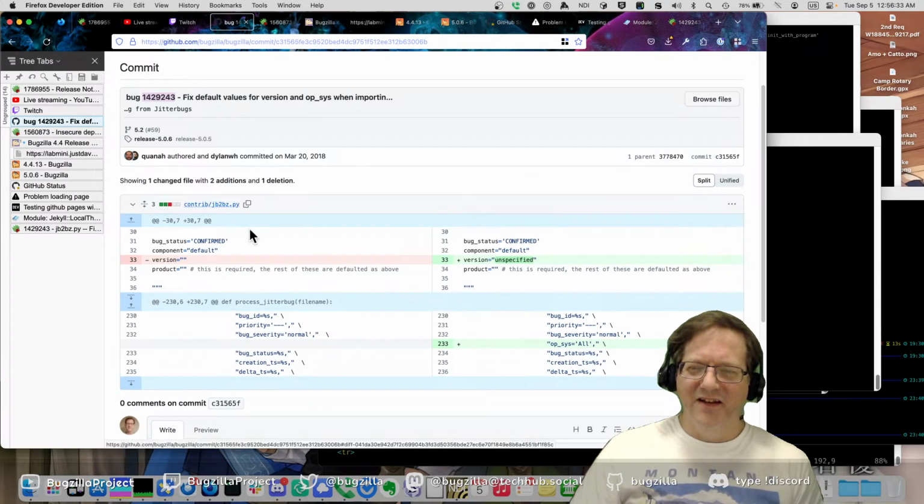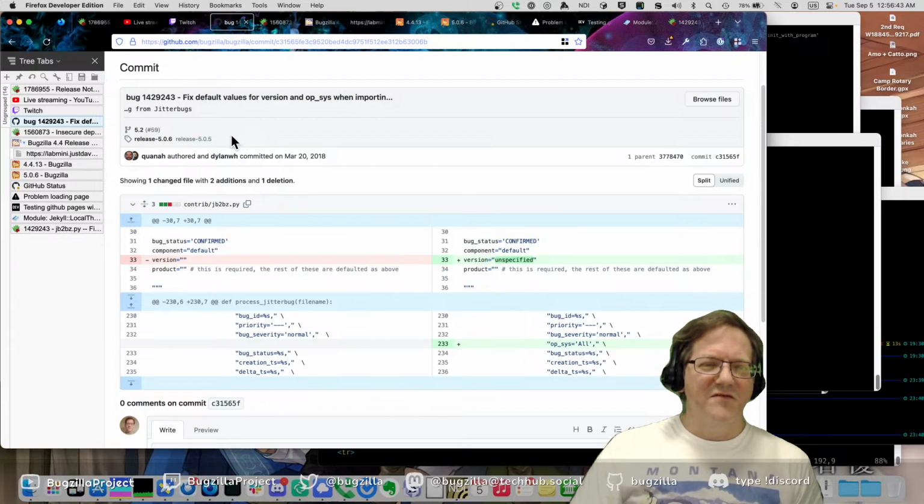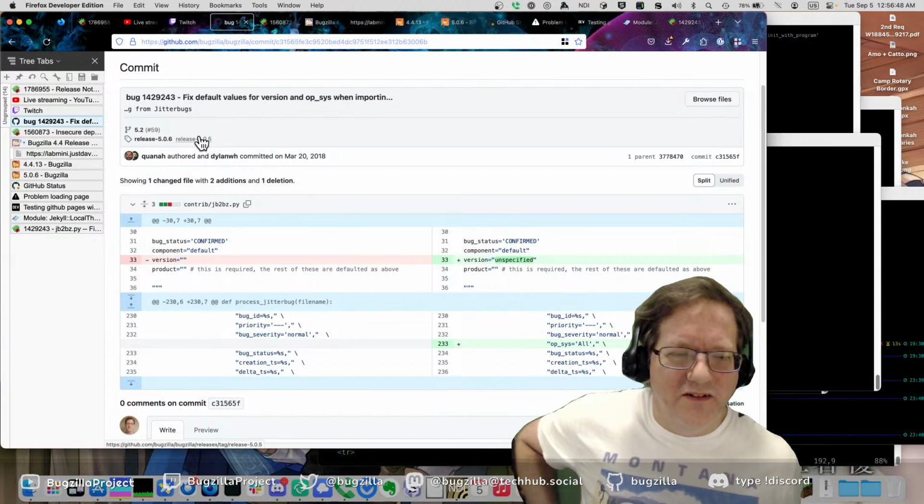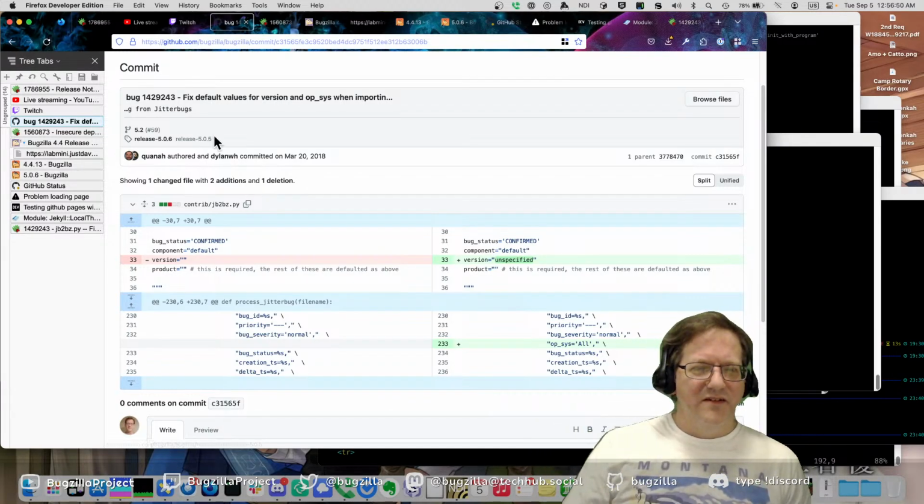Script. That's the jitterbugs converter. That was included in 505 and never mentioned in the release notes. It should have been in the 505 release notes.